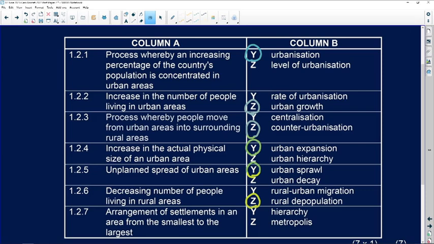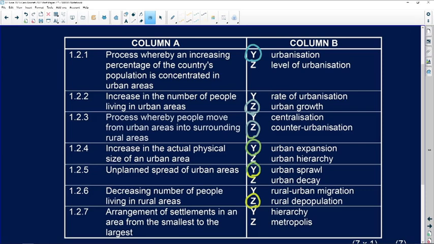Pull factors: better employment opportunities, better healthcare, better services. What are the push factors? Unemployment, lack of services, lack of schooling, for example. Please, you need to be able to differentiate between the push and pull factors as well. And lastly,